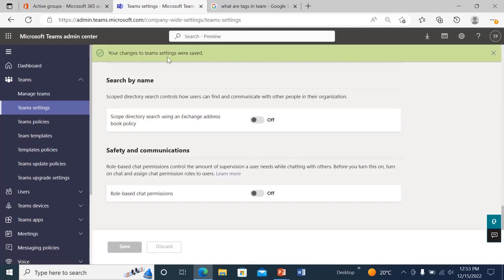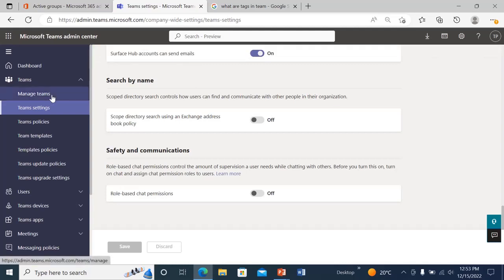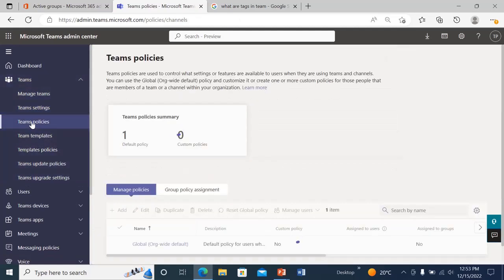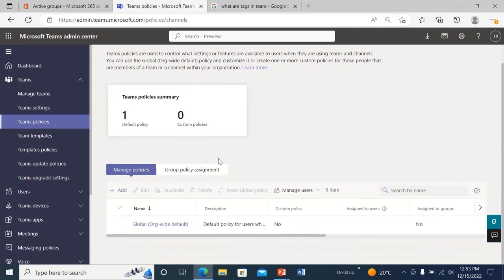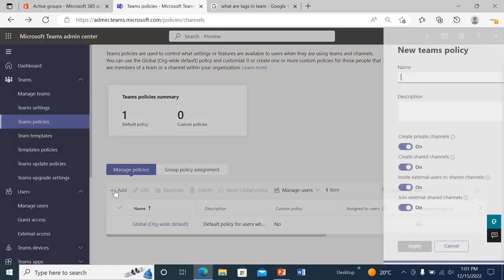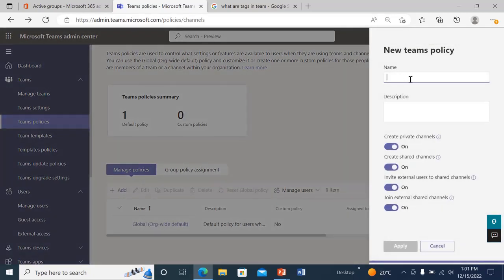Your changes to team settings were saved. And then let's go to team policy now. So here you can create a team policy. I'm going to create one policy. To create a team policy, you can click on add, and then give the team policy name, which I'm going to call IT support